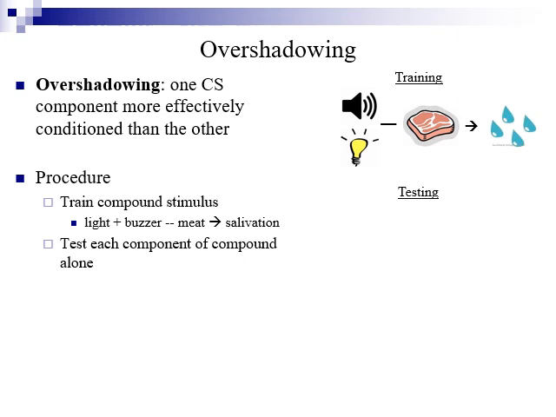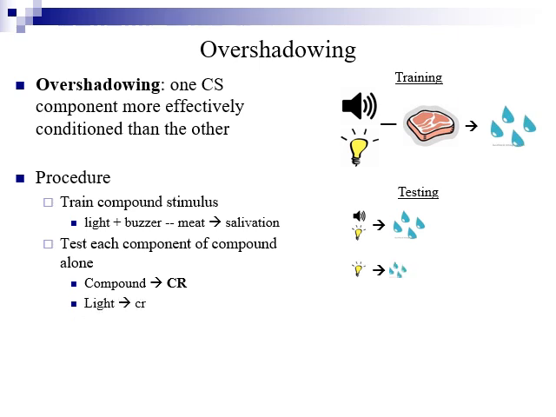After that training, so we've trained with this compound stimulus, that means that the light and the buzzer have turned on together, turned off together, and been followed by the presentation of food the exact same number of times. What we'll then do is we're going to test the compound stimulus. So we present just the compound stimulus and we see that it elicits salivation, but then we can test each of the components separately. We can present just the sound and we can present just the light.